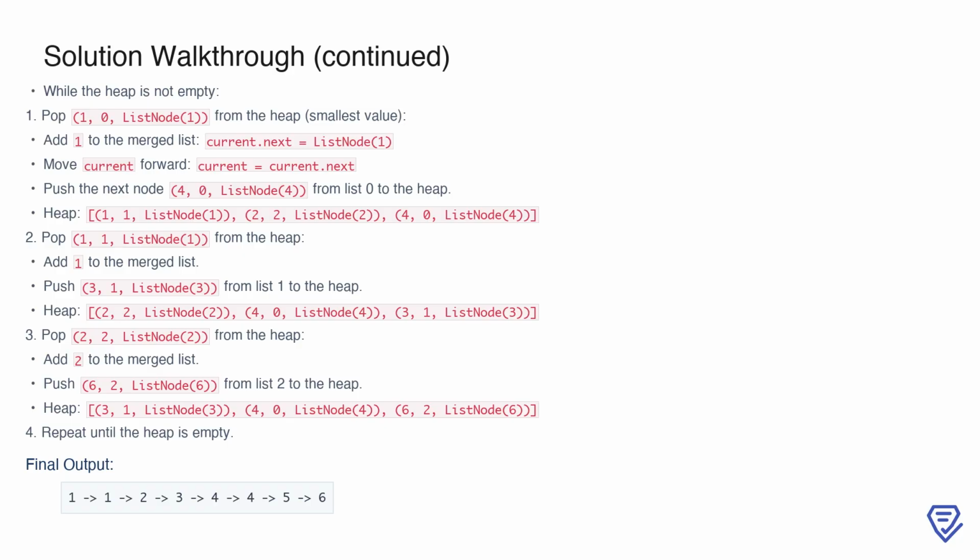After processing this node, we push the next node from the same list, which has value 4, into the heap. The heap is updated to contain (1, 1, list node 1), (2, 2, list node 2), and (4, 0, list node 4). Next, we pop the node with value 1 from the second list and add it to the merged list. Similarly, its next node, with value 3, is pushed into the heap. The process continues as we pop the node with value 2 from the third list, add it to the merged list, and push its next node, with value 6, into the heap. This process is repeated until the heap is empty, resulting in the final merged list,